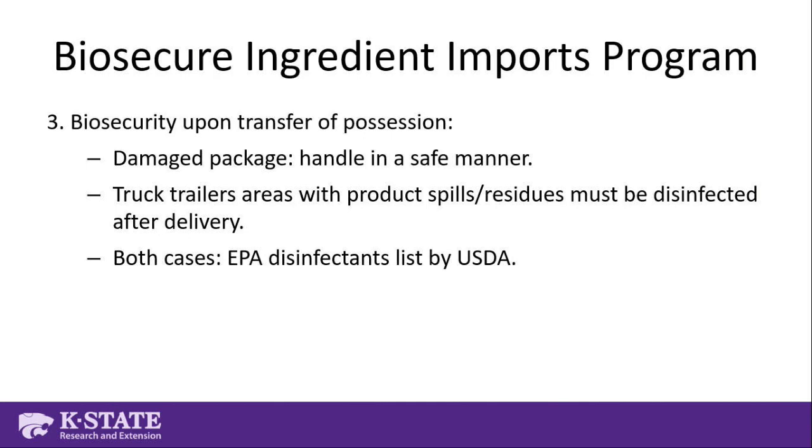So here, we are more tackling damaged packages. That could happen. You can import a product that comes in a bag, in a package, and then you have like 10 packages broken, and you have that product spill out inside the container, or it arrives already spilling out the product. So how do you handle that, because technically you don't know if that product is contaminated or not. I would say the chance of an ASF virus to survive inside a package of a mineral is really small. Let's say